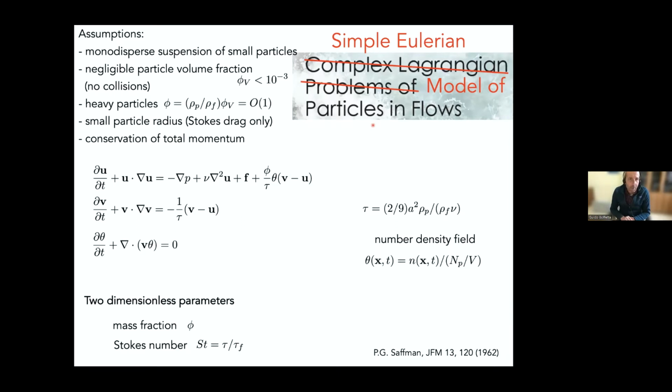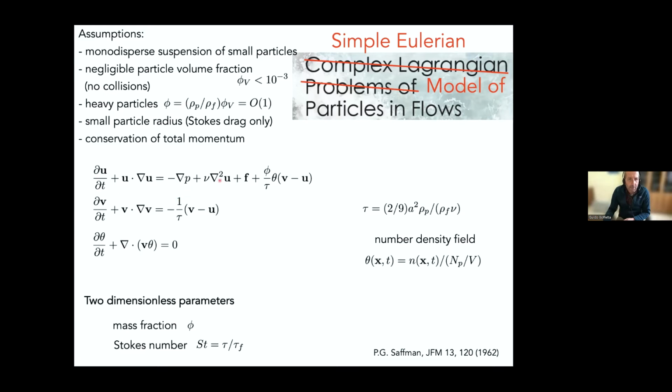The idea of the model is to consider a monodisperse suspension of small particles, for which you can neglect the volume fraction. So we can neglect particle-particle interaction essentially, but the particles are heavy. So the mass loading is not negligible, it can be of order 1. Think, for example, of water in air. The particles are small, so we can assume that the most important interaction with the velocity field is the Stokes drag. So we consider only the Stokes drag, and from the conservation of total momentum, you can derive this model,